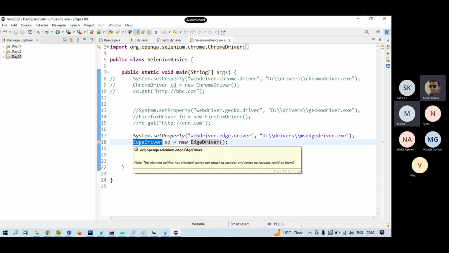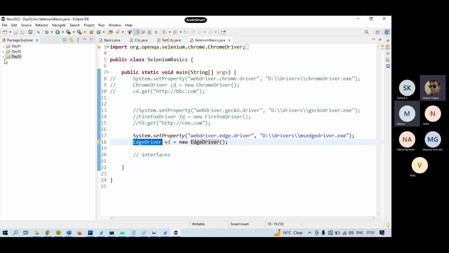Now the question arises: what if I want to build a single script which works on multiple browsers, right? If I want to build a single script which is capable of working on different browsers, then how do we do that? Right. So if I simply try to make that script, then